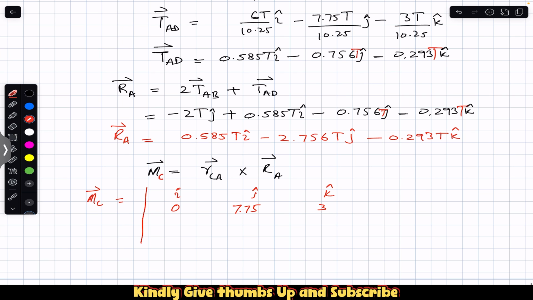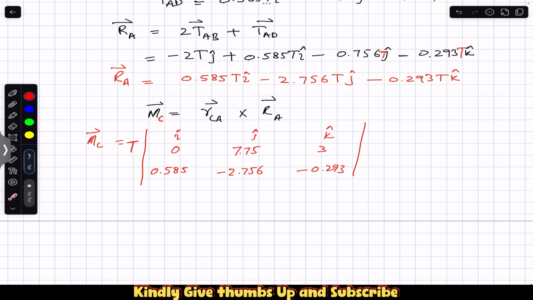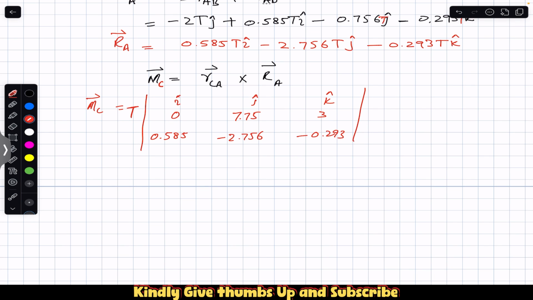And similarly, now we know that this is the resultant at A. So this will be 0.585, minus 2.756, and minus 0.293. And we can take the T outside because the T is common in this row, so we can take T common from this particular row. So this will give us the moment about that point C. So let's find this. This will be the moment about point C vector. This will be equal to,